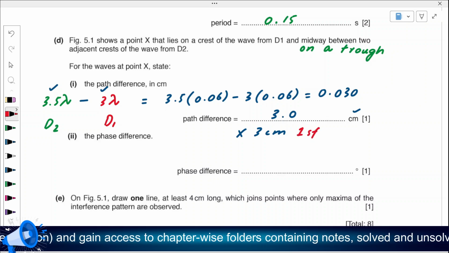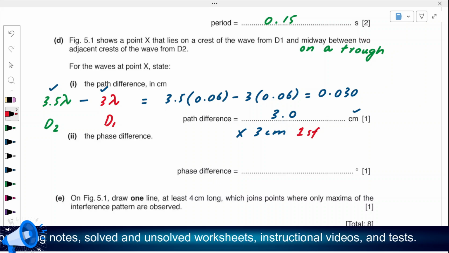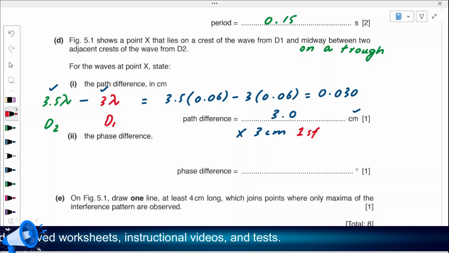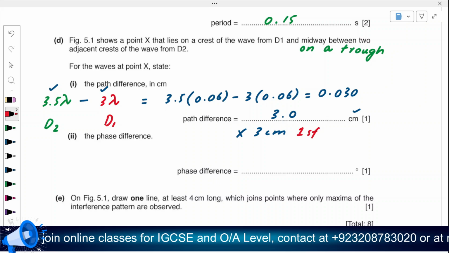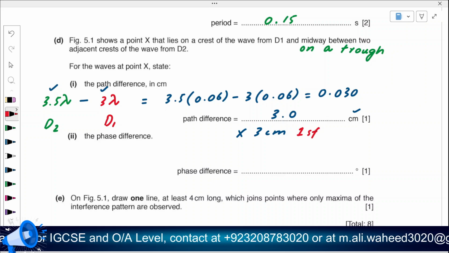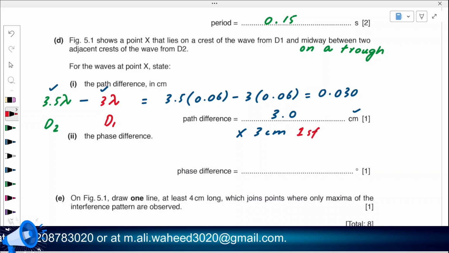For some of the answers, for example, the value of n. The value of n could be first order maxima, second order maxima, third order maxima. Those values can be written in 1 SF because those quantities do not have a unit. So technically those are not physical quantities. The physical quantities are the quantities which are measurable and they are measured in a specific unit. n has no unit, so n can be written to 1 SF. Okay, anyway,